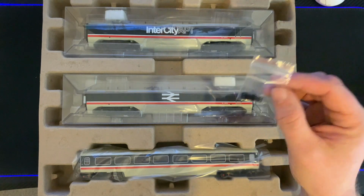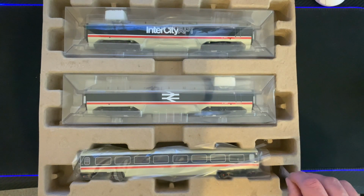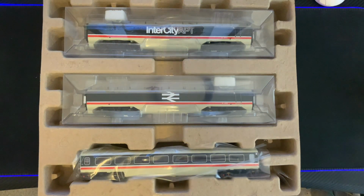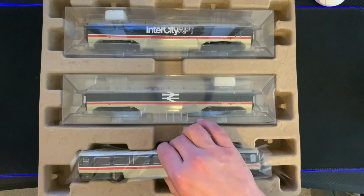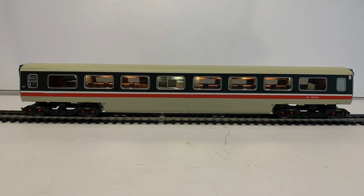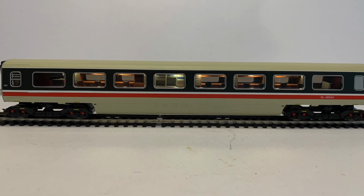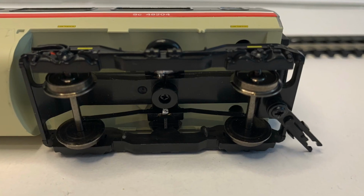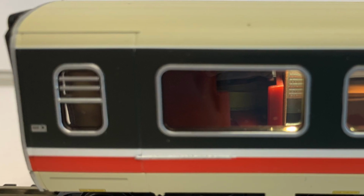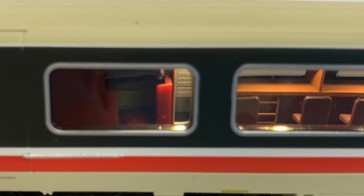connectors there spare, supplied with the set, but like I said, I have ordered the Hunt couplings for this particular set. So we'll have a look at the development vehicle next. This doesn't share any bogies, it has its bogies all to itself. So this particular item only has electrical pickups on one bogie. It does have the connecting couplings fitted already to these bogies, and inside it you can see plenty of detail